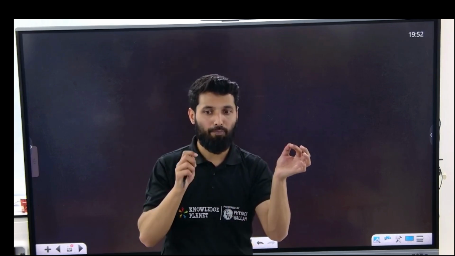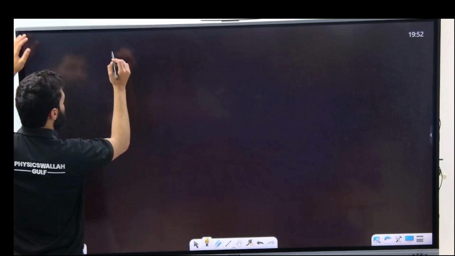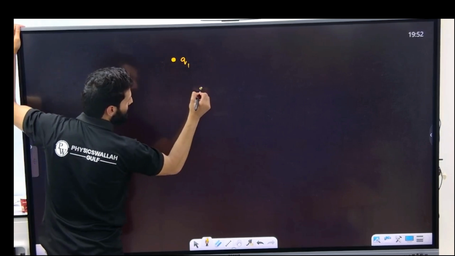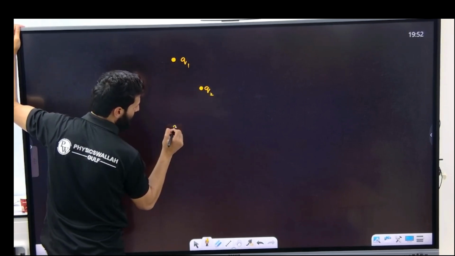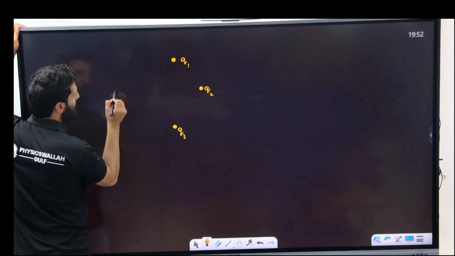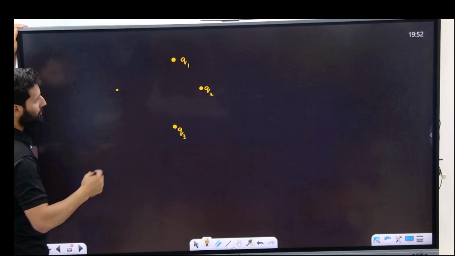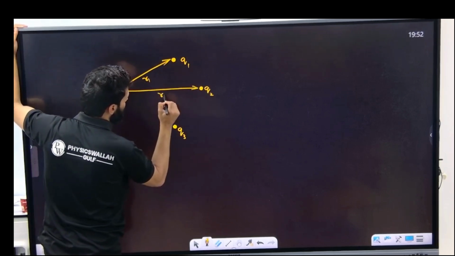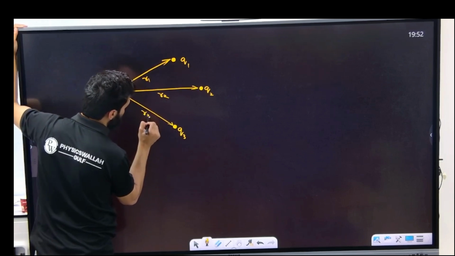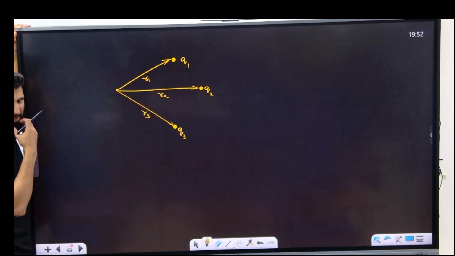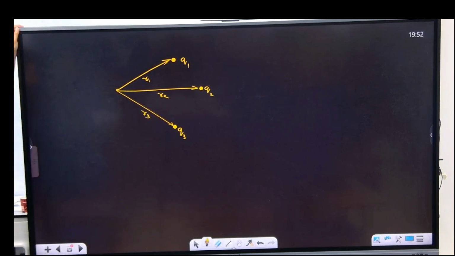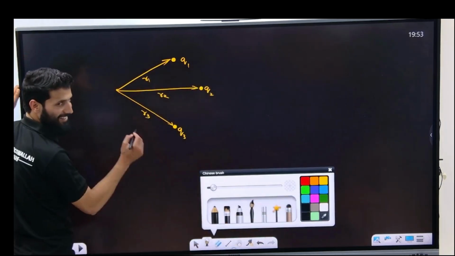What if we have now 2 or 3 or 4 point charges and I need to find the potential at some point? This is called a discrete set of charges. If I have charge Q1, another charge Q2, and another charge Q3, and at any point P, this is R1 distance away, this is R2 distance away, this is R3 distance away. If I wanted to find the field, it was easy. Vector sum, finish, because field was a vector quantity. But potential, you are lucky that it's a scalar quantity.